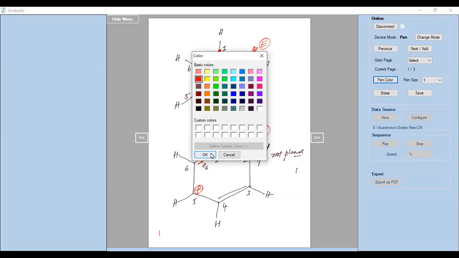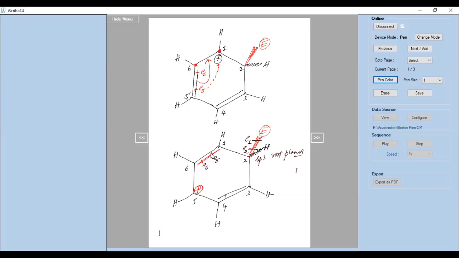step, the pi electrons, the pi bond which is present between C3 and C4, is going to form a bond between C4 and C5. Okay, so this is the electron that belongs to the third carbon. This is the pi electron that belongs to the fourth carbon. The electron that belongs to the third carbon will be shifted to the fifth carbon. As a result, the fifth carbon will be neutralized and the third carbon will get a positive charge.